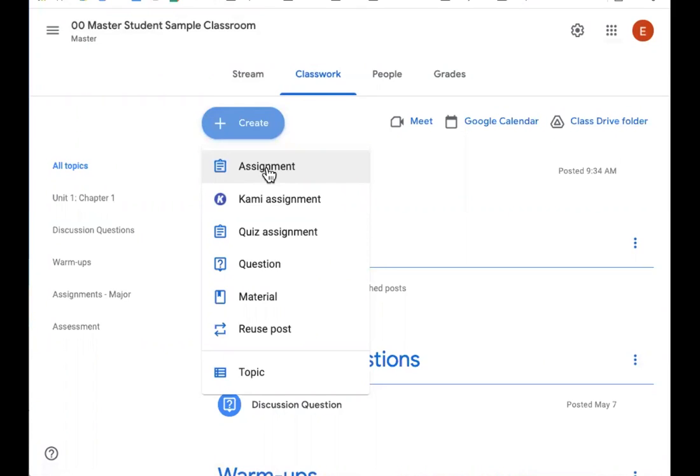So make one, make a copy for each student, make one that is just turn something in, post a discussion question, and then make your topics and a reuse